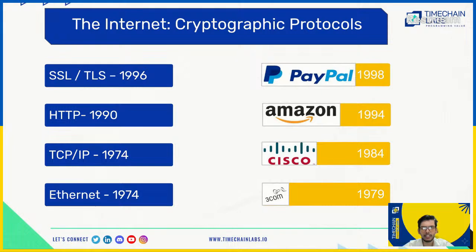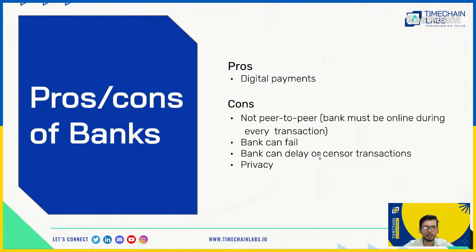Now there are multiple other things that it needs to do to be able to achieve what it wants to as a digital cash system for the internet. We'll come to that also. But yeah, let's go into why the PayPal-based system or the banking system has problems. First, it is not really peer to peer. There are multiple intermediaries, as I pointed out.